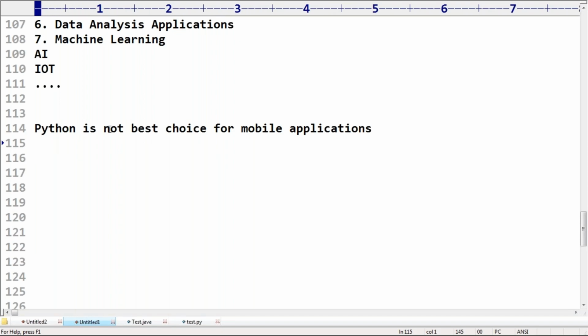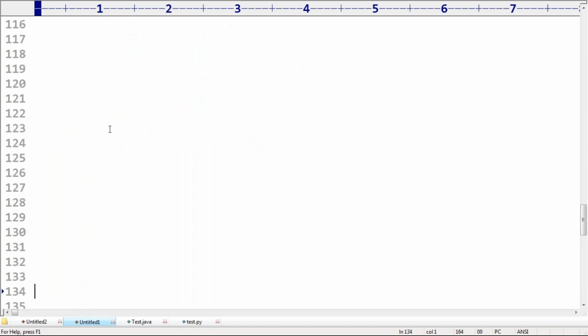That's why, in the mobile area, Python is not that suitable. Next, for enterprise applications also, Python is not the best choice as of now. Maybe in the future, with some additions or small enhancements, there is a chance. But for enterprise applications, Python is not the choice. For mobile-based applications also, people are generally not going to use Python. Remember that, sir.